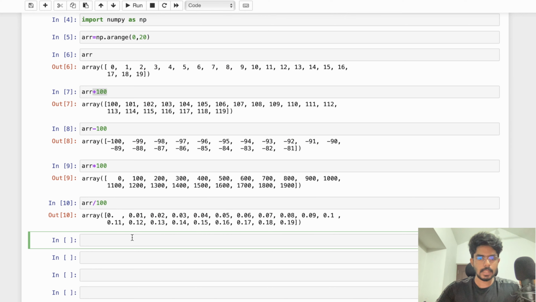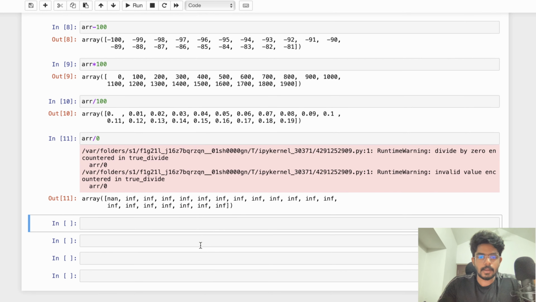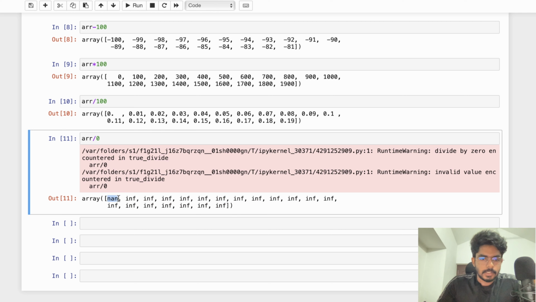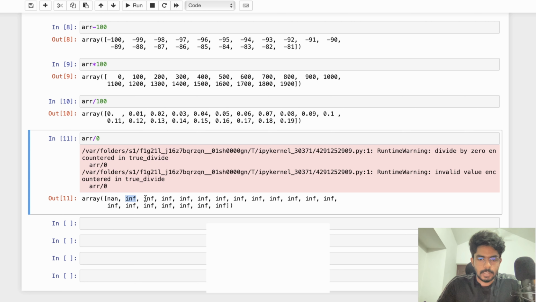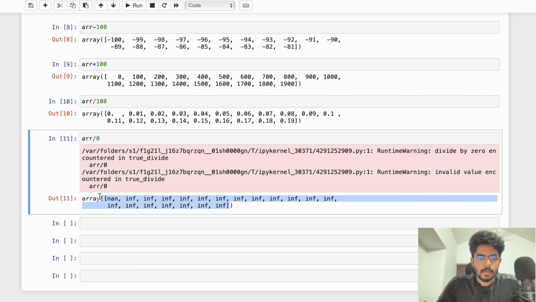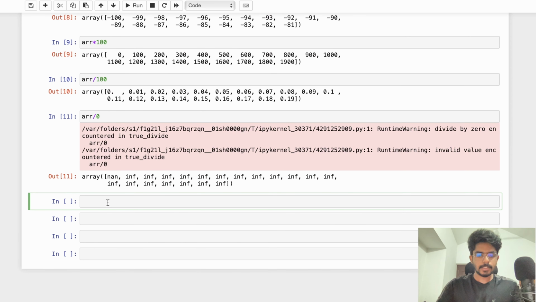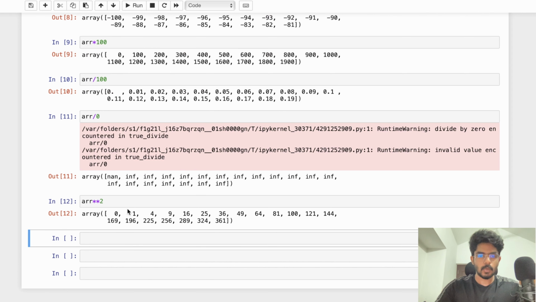Cool. Let's divide this particular array by 0, for example. Practically, division by 0 is not possible, so this is supposed to give us an error, but instead of an error, what this does is it returns an array. Not a number is given as output when 0 is divided by 0. In every other case, when a number is divided by 0, we get infinity as the output. So we get a complete array with these elements as output. Let's say arr raised to the power of something, maybe square. So arr square will be this, and arr cube will be